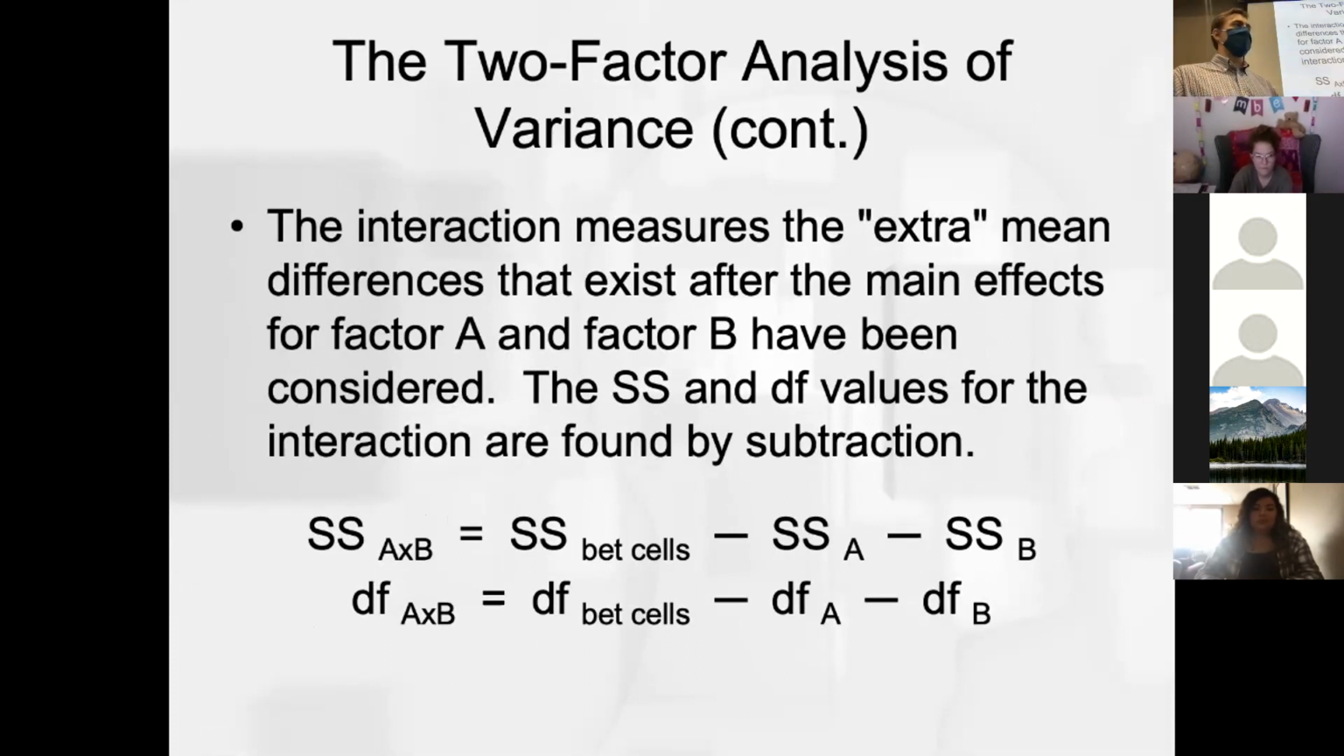The interaction, again, measures the extra mean differences that exist after the main effects for factor A and factor B have been removed. The sum of squares and degrees of freedom values for the interaction are found by subtraction. So to find that sum of squares interaction, represented A x B,